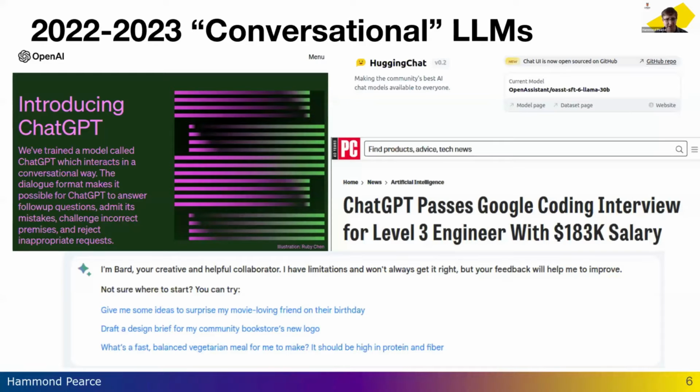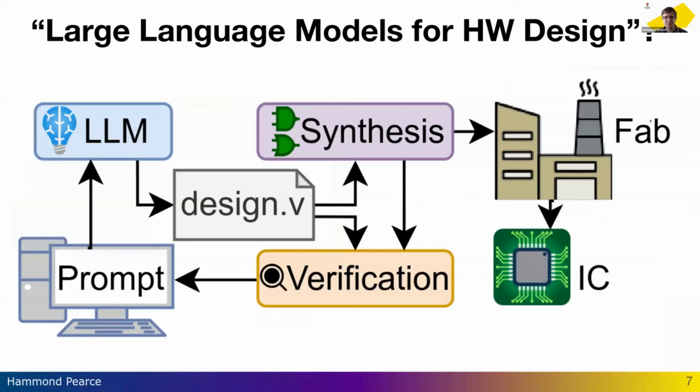People were measuring ChatGPT and Bard and saying that they could pass coding interviews, medical interviews, they could write really interesting prose. And around this time they also started being able to produce artwork on demand and things like that too. So it's been a really, really interesting and expanding ride. So the question that I want to know is, can we start thinking about how to use these